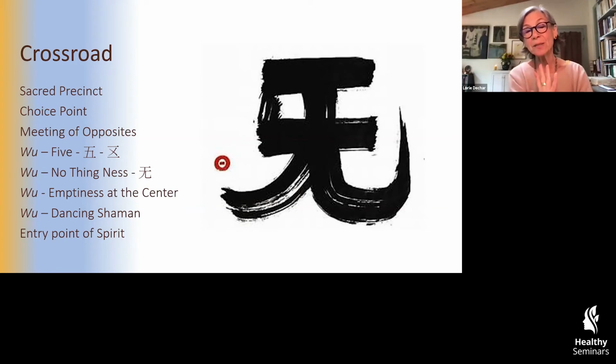So you look at this modern character and you don't quite see it as clearly, but when you really look, you can see that the shaman has his or her arms outstretched. There's a little tassel left in the ancient characters, lots of tassels, and they're spinning. And they're spinning to actually create that empty center where, as we know, the emptiness is the conduit through which spirit, light, illumination can enter into the material realm,